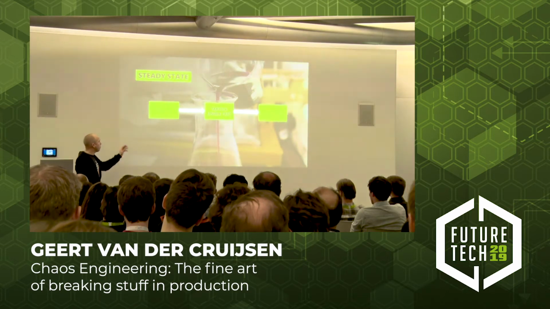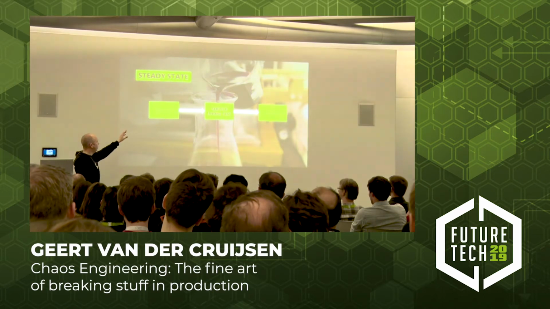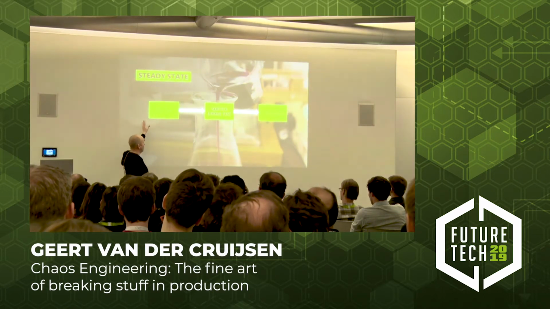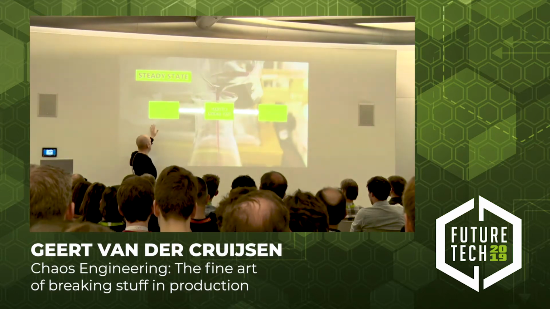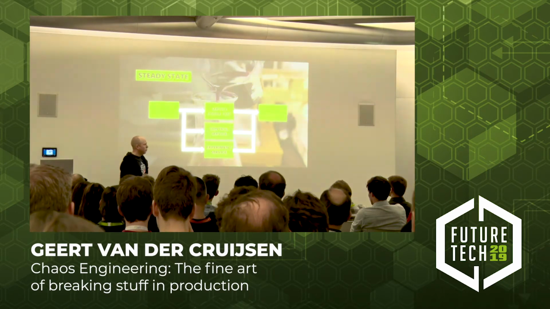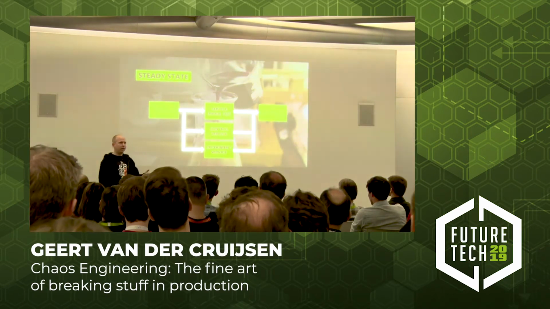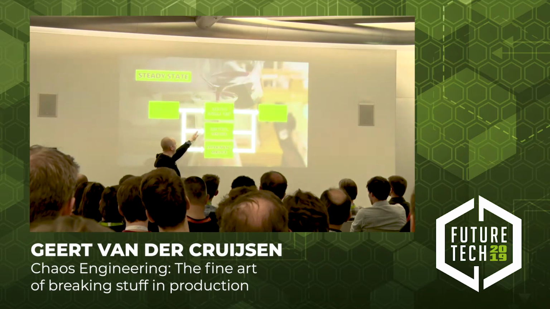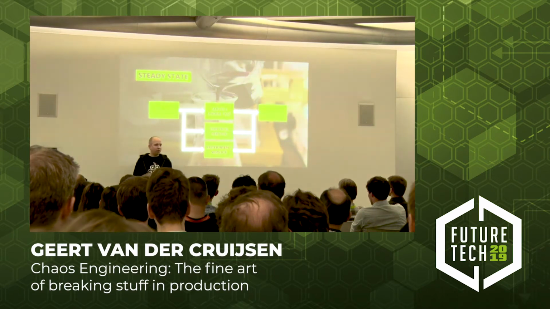So, what are we going to do? We're going to define a steady state. We have a certain service that we're going to test. And what you could do, for example in this example, is spin up multiple services next to the service under test. So this is our server under test. We'll just create 2 more instances of those servers.